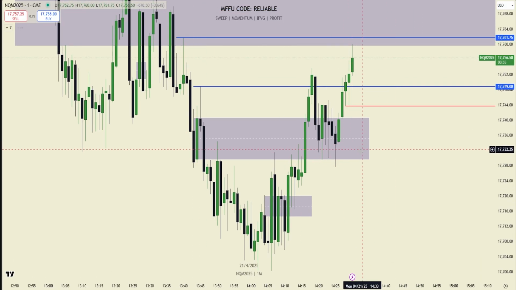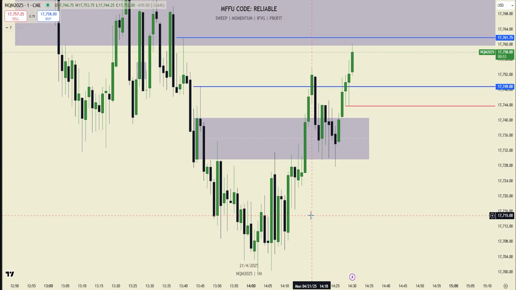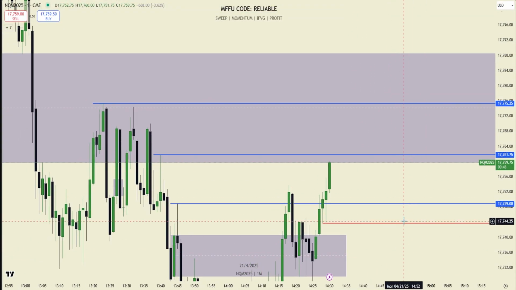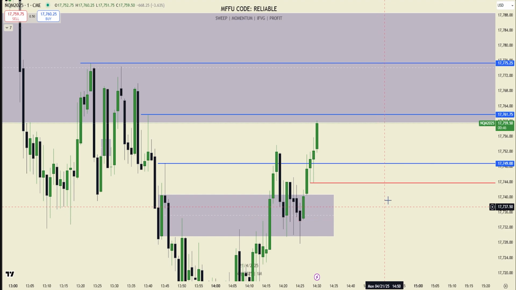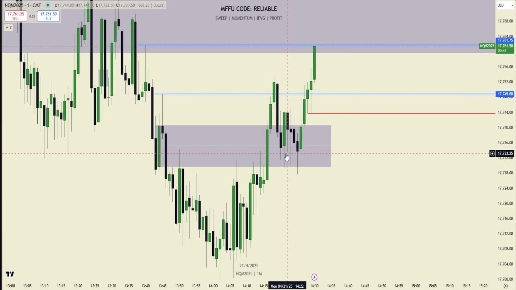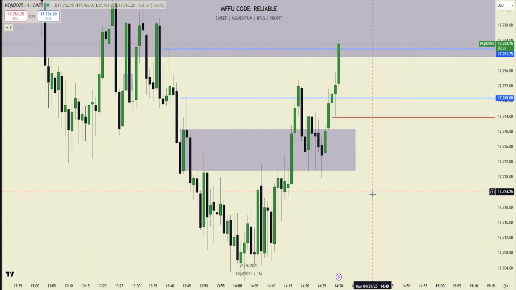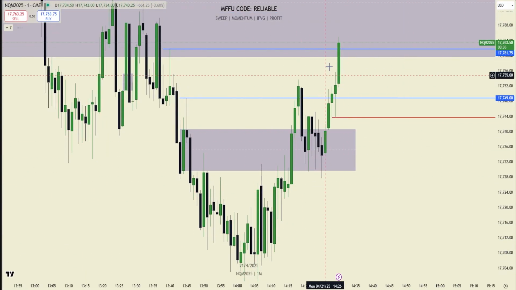But yeah, you can see this unicorn setup is just working out really nicely. The IFEG also did not fail there, so break even isn't going to save us in this scenario, but I mean, you can watch the market flip in real time. Like you guys all saw that, right? We completely shifted bullish, and we knew that longs were going to work there.